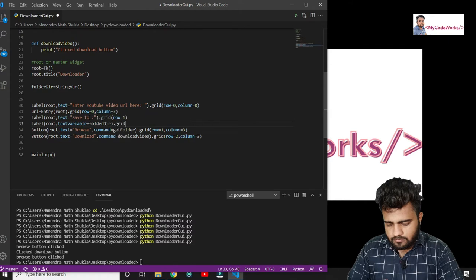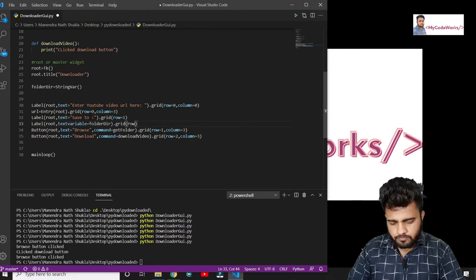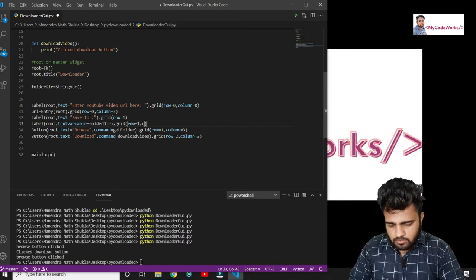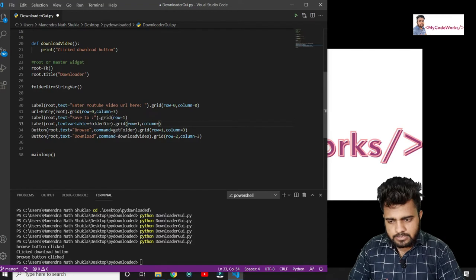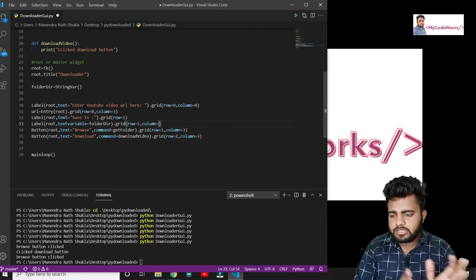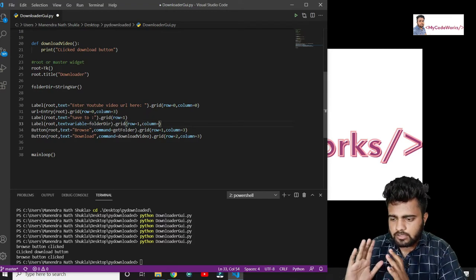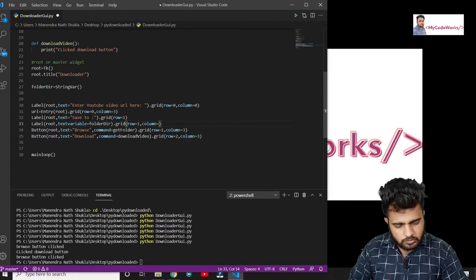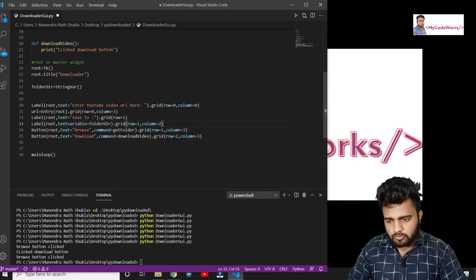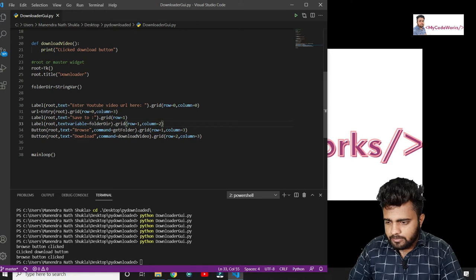We want to show this at row equal to the same row 1, but the column will be the second column, in between the browse button and the save to label. So we are going to put column 2. Now let me save it.